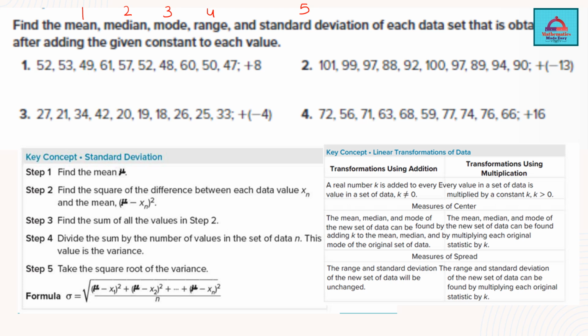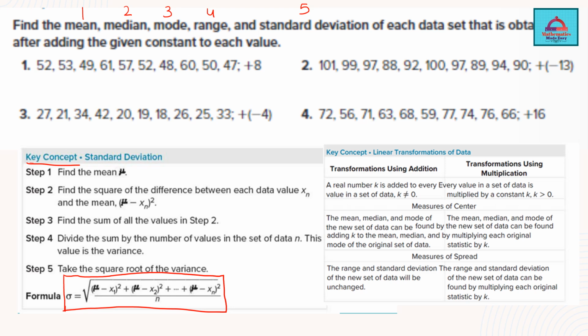Mean is add all the numbers, divide by the total number. Median is the middle term, mode is the most repeated, range is the maximum minus minimum, and standard deviation is a little longer. So for standard deviation, I have put here the key concept just for you to revise. The formula for standard deviation is given by this formula, and here we have to apply 5 steps to get